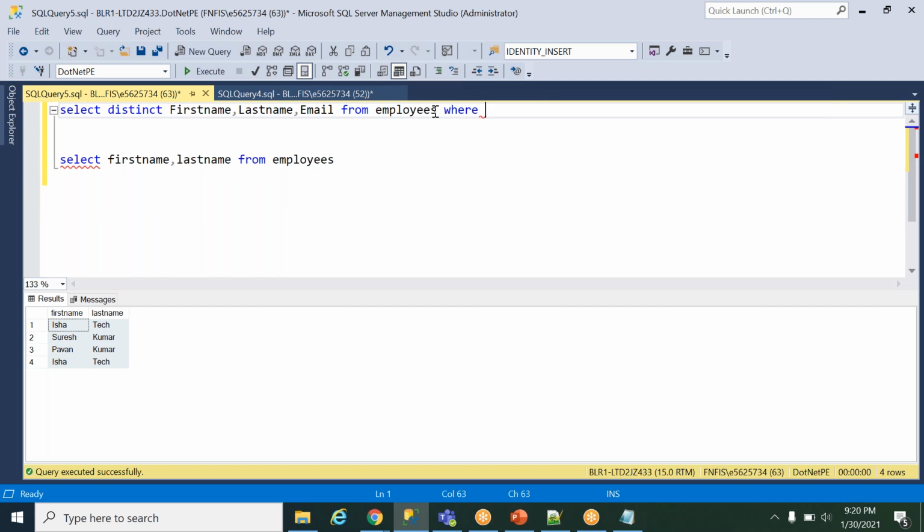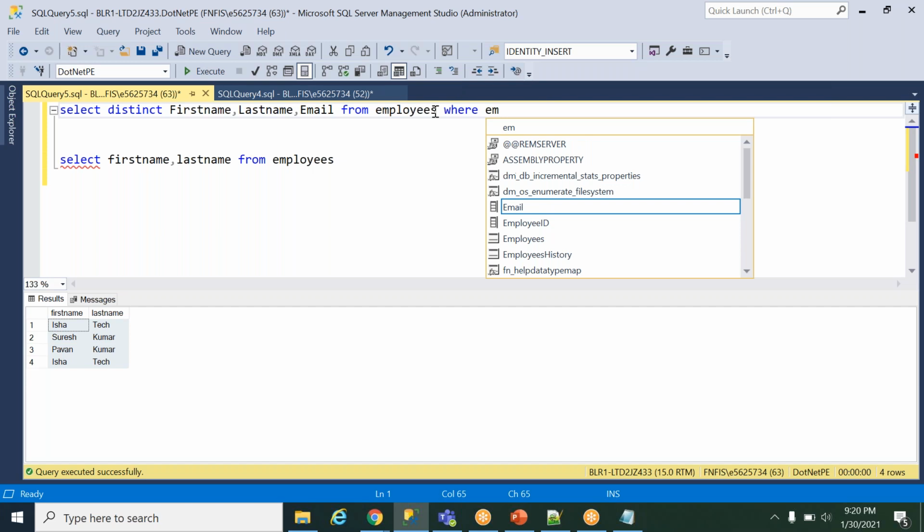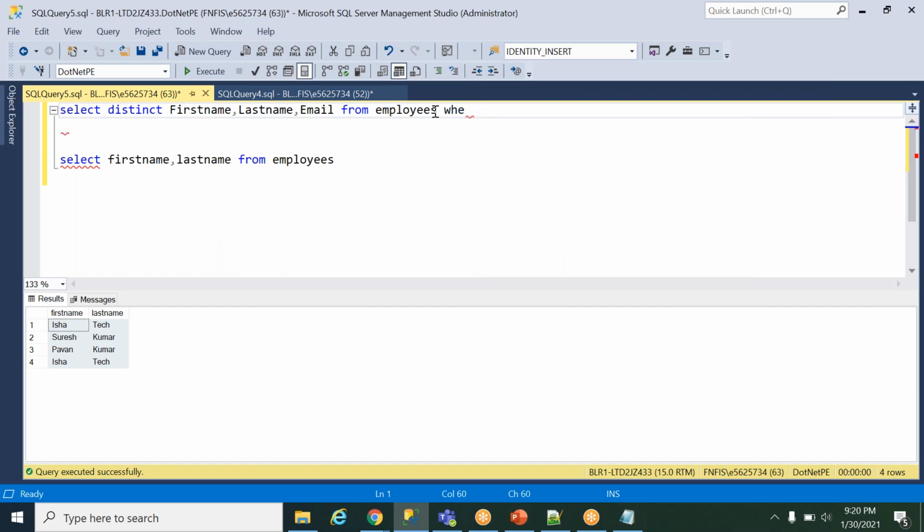Based on your requirement, you put the where condition there. For example, you put the where on employee ID or name. But if I'm just doing a very generic contact search, I don't have any conditions. I want all the contacts with the name John. A lot of contacts will be with John.